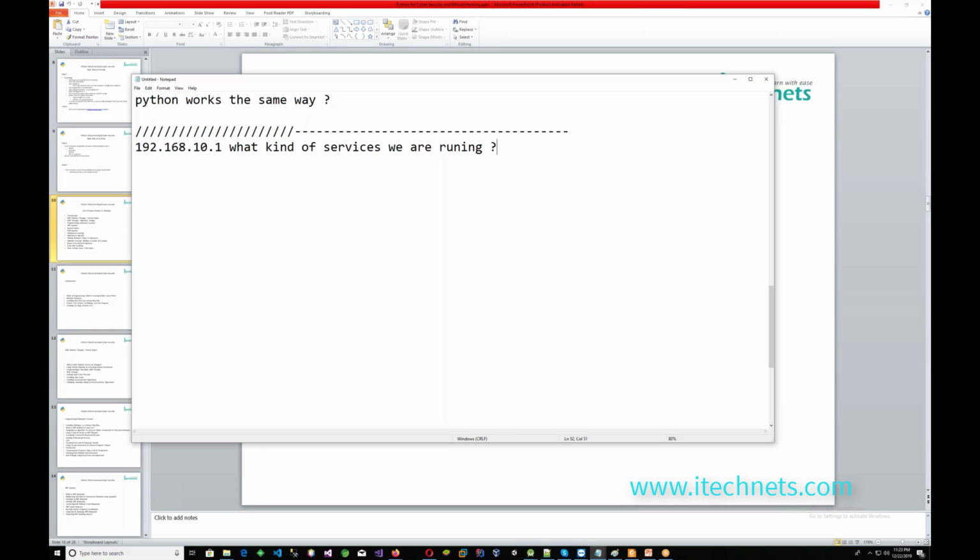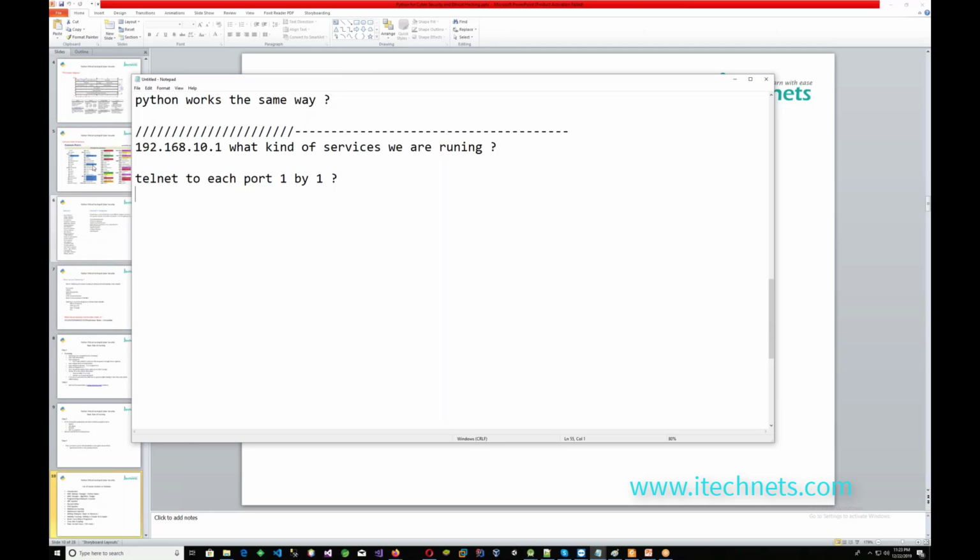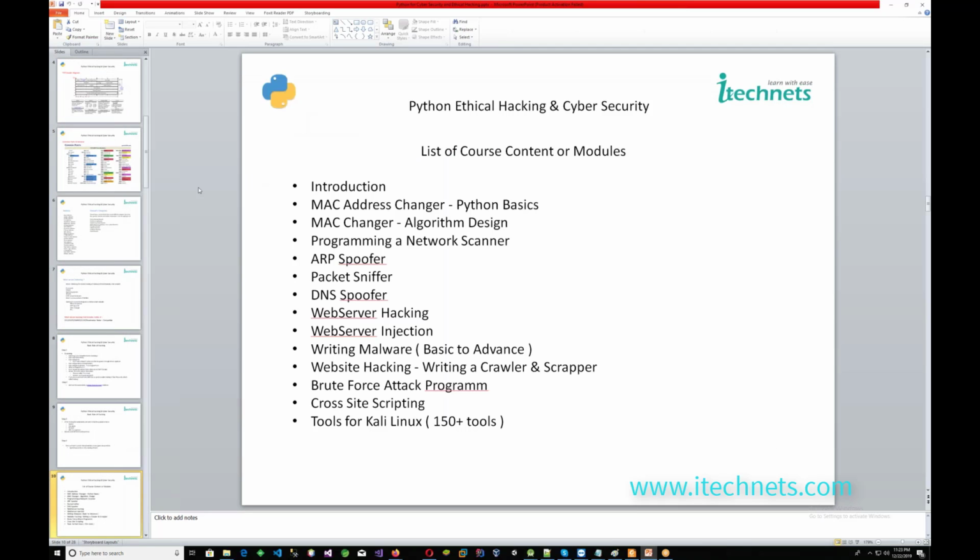To do this, as Amir told you, we can do telnet to each port one by one. We can do this, right? But it's very hectic to telnet to an IP one by one to find the services. Remember, we have these ports here.